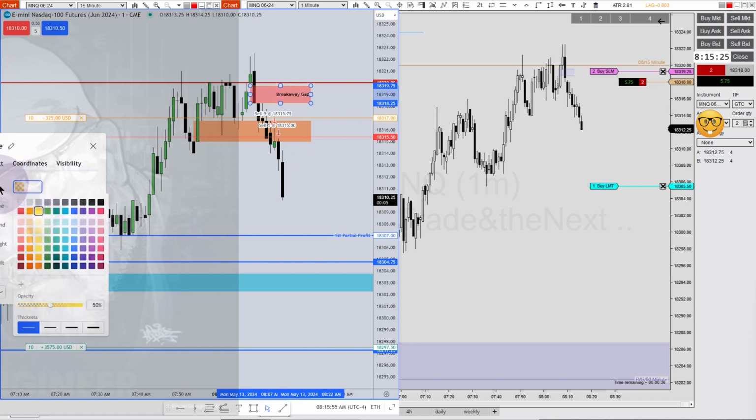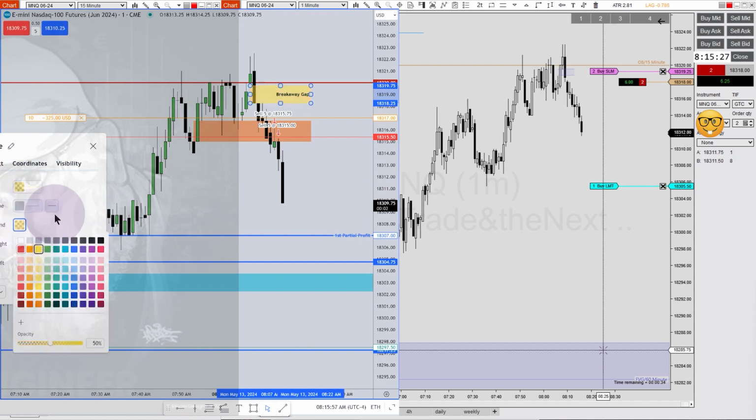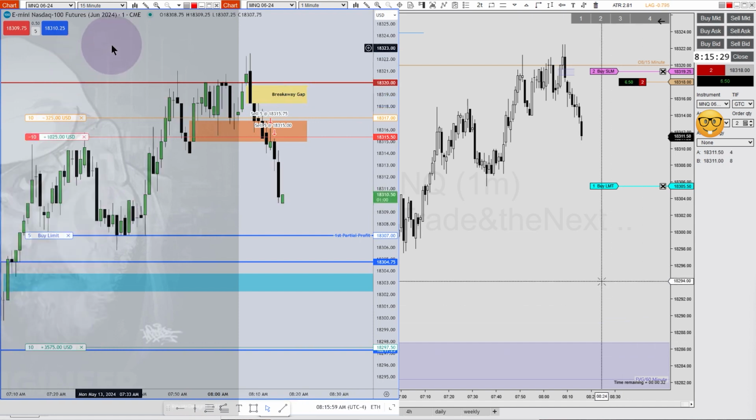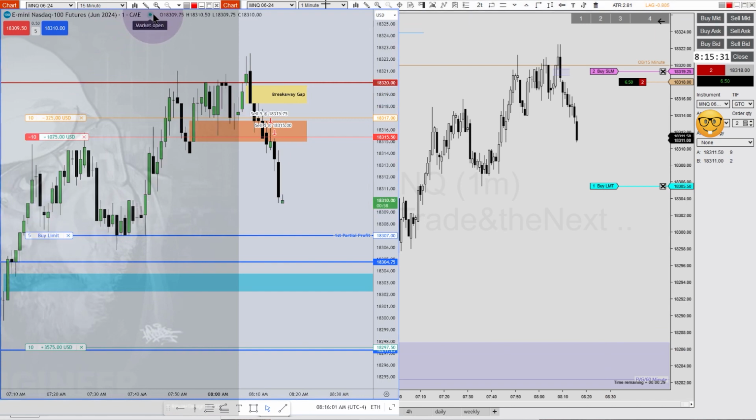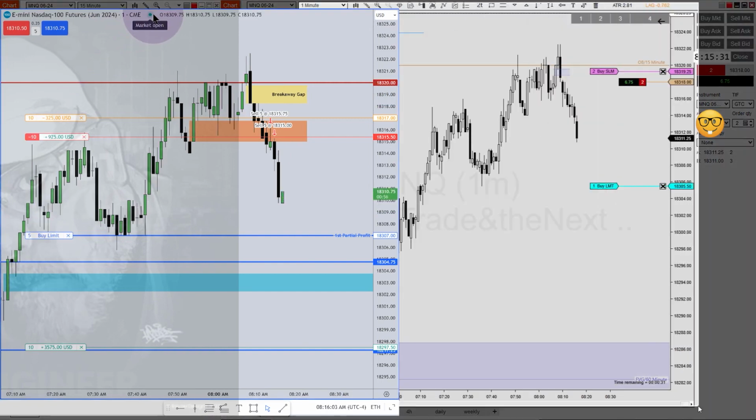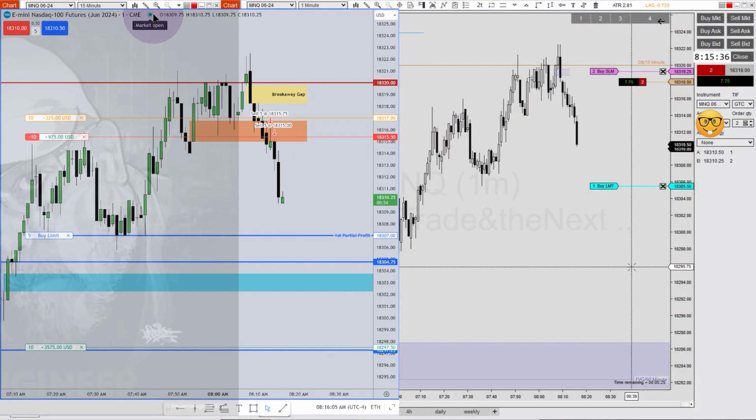And we'll make it yellow. I really don't like yellow, but I just want to draw special attention to that because you can see it as the trade pans out. As you can see, we are not using market replay. We don't look at fake results like that to